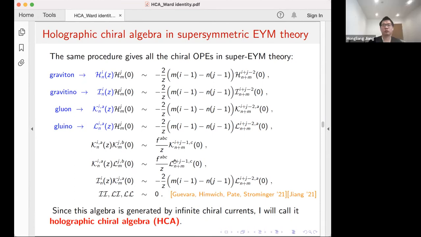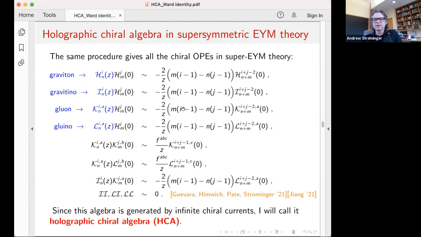I don't know the super W1 plus infinity algebra, but here you see that all the non-trivial coefficients are very similar, either in this form or just this F V C divided by Z. So in that context, what's for example the coefficient in this commutator? Is it the same or? I don't know. Yeah, I also don't know. But in general, I feel that this 4D supersymmetry is very different from